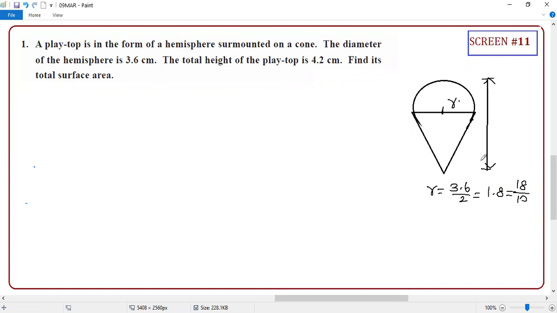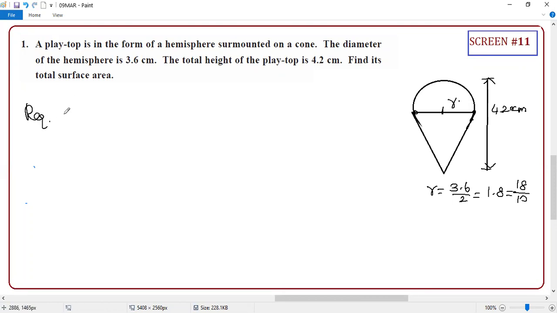Right. Then, guys, they are giving the total height as 4.2 centimeters. That's all. Nothing else is given. Only the diameter and the total height are given. Now they are asking to find the total surface area. Listen carefully, student. Here is the magic. Sir, we learned total surface area, we learned curved surface area. Now, I'm not going to say total surface area. I'm going to say required area. Required area means whatever the question is asking, that is your required area. Correct or not? That is your required area.